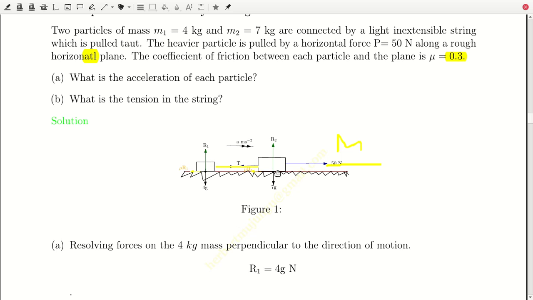Similarly, the net force acting on the 7 kilogram particle will be given by 50 minus this tension, the tension in this string, and also the frictional force here, which is opposing motion. So these two are opposing the motion, so it will be 50 minus these two. Once we get 50 minus these two forces, the T and mu R2, that will be the net force, which we shall later equate